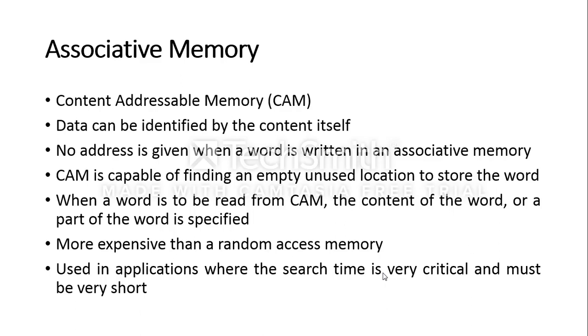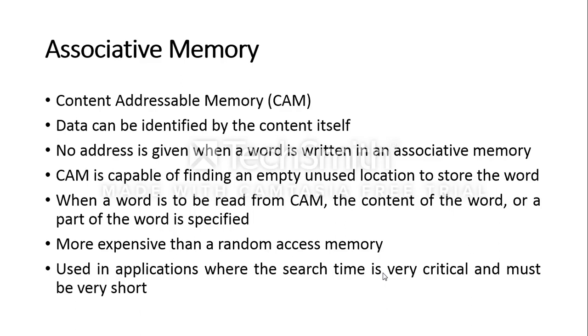So these are the basic characteristics. Whenever you want to read something from an associative memory, you need to specify the whole word or a part of the word using which the control can find the required data. For example, let's say we have students' records stored in an associative memory. Let's say these records contain students' roll numbers, their names, their contact information like address, phone number, etc., semester, total number of credits they have earned so far, and the department with which the students are associated.